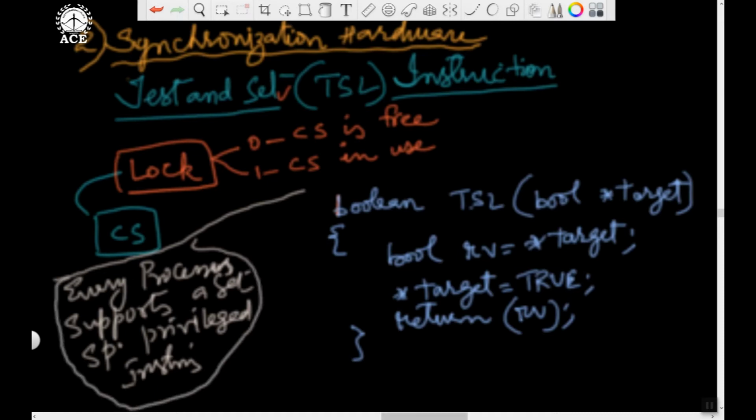So every CPU supports a set of privileged instructions, hardware instructions. That's why it is called hardware. Hardware means special privileged instructions. So every processor supports a set of privileged instructions, using which we can implement or solve the problem